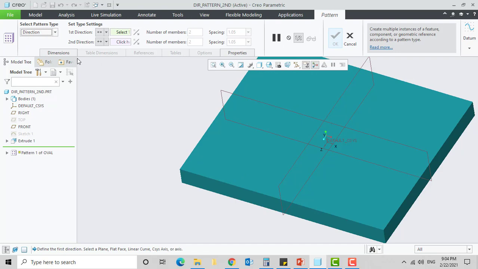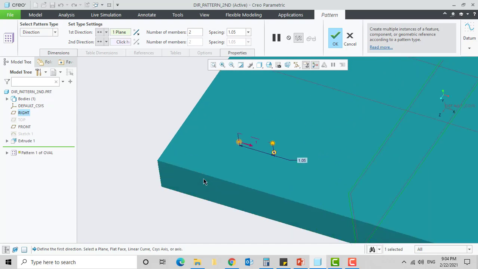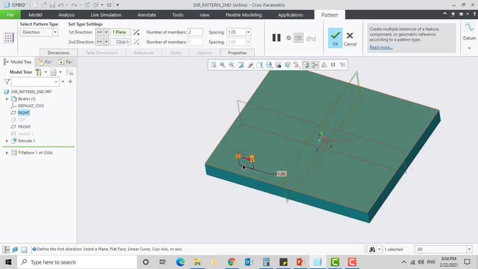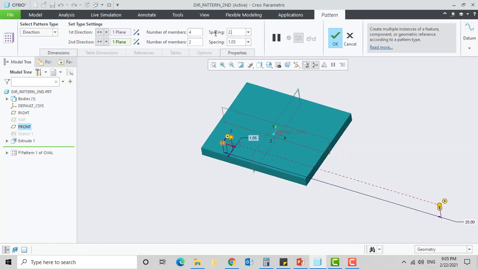Go to the dashboard. For the first direction, select the right datum plane as a direction reference, and as the second direction you select the front datum plane as a direction reference. You can flip the direction as per the requirement. Edit the number of patterns in the first direction to 4, and then the spacing as 2.5.